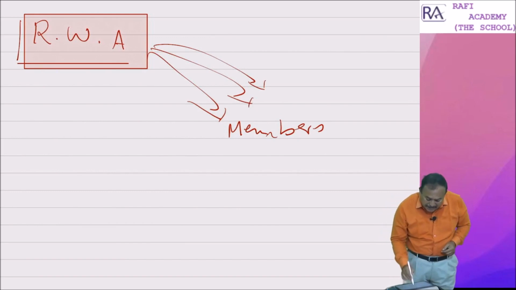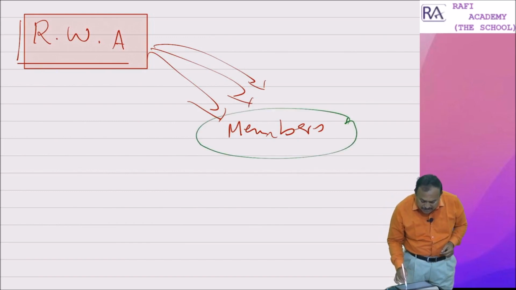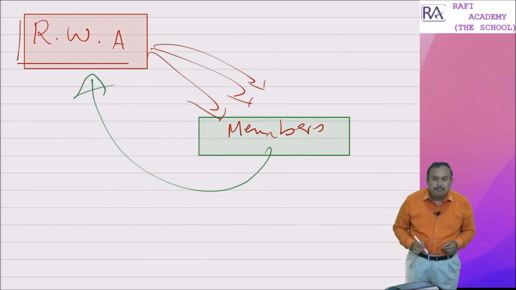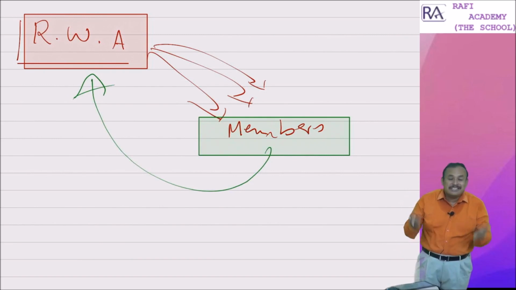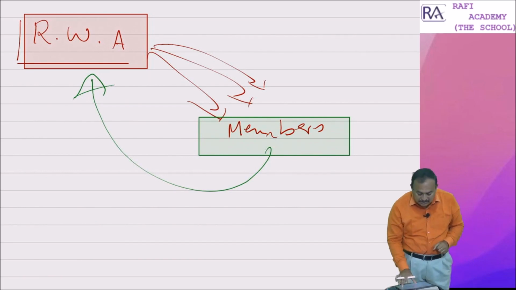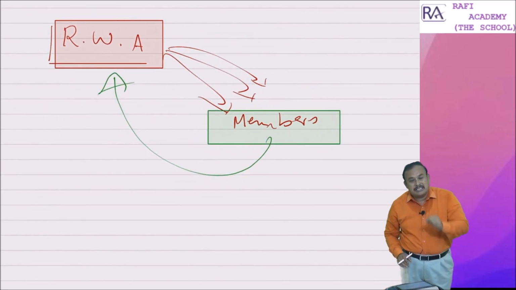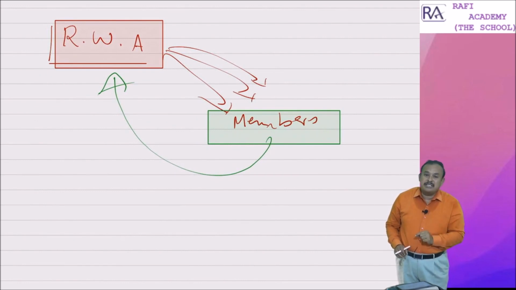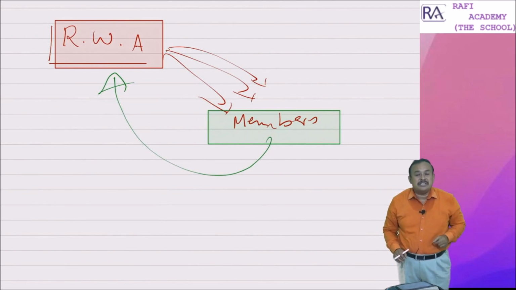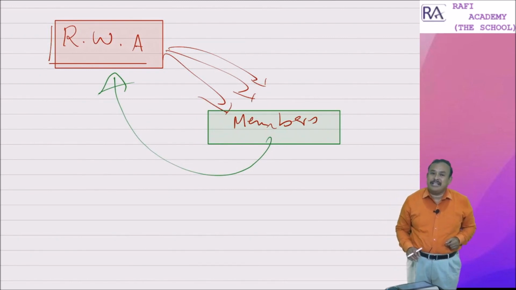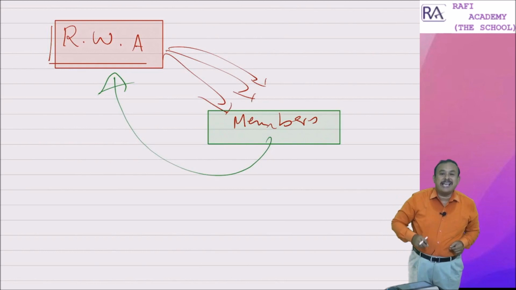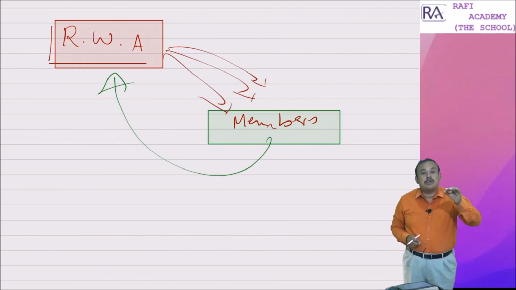Further, if members of the association provide any supply of goods or services or both, that is also a supply. Resulting in what? The amendment not only in section 7 took place with retrospective effect from 1st July 2017 by incorporating clause AA under section 7 subsection 1, it resulted in deletion of